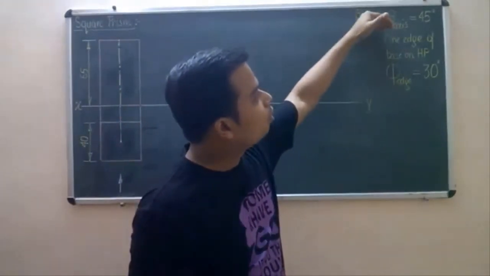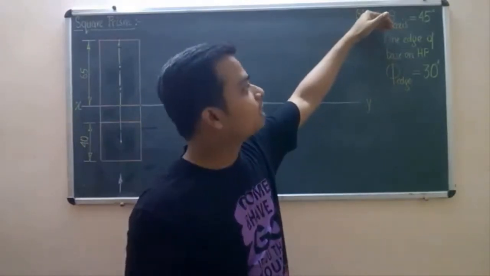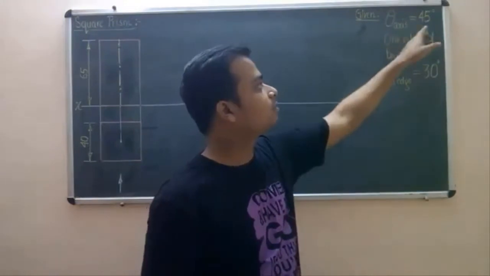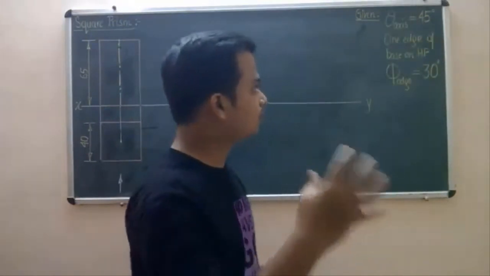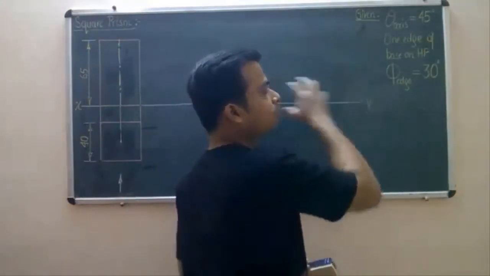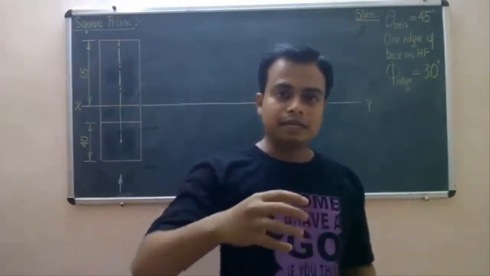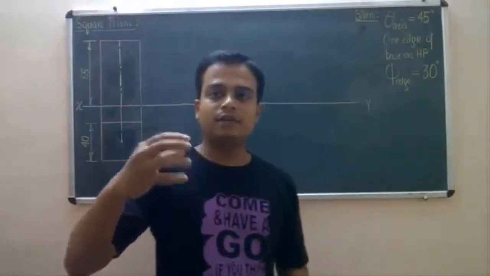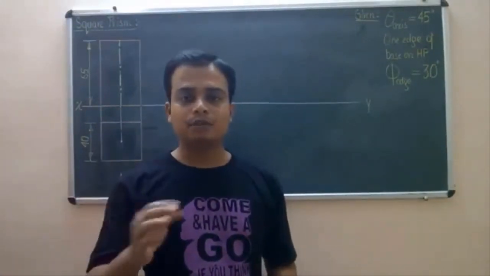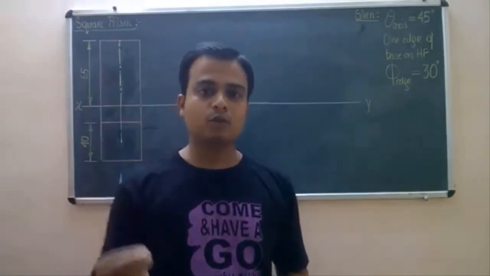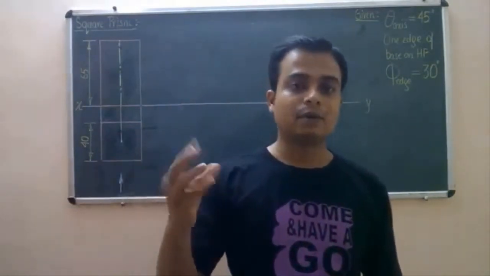Let us go ahead with a few more data which are extremely important. The axis of the square prism is actually making an angle of 45 degrees with the horizontal plane, right? So we have written theta axis is equal to 45 degrees. Secondly, one more thing which has to reflect in your drawing is one edge of the base on HP. Now, the inclination has to be made in such a way that one edge always remains in absolute contact with the HP, or you can also say one edge of the square prism remains grounded.